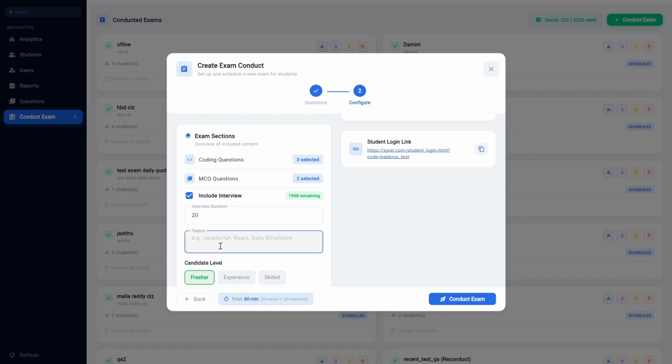Here I will be mentioning the topic, so Python in MBA, or you can mention the job description in data analysis. You will be mentioning it as per your need, and you will be mentioning the expertise level you want to train your students at. Once that is done,